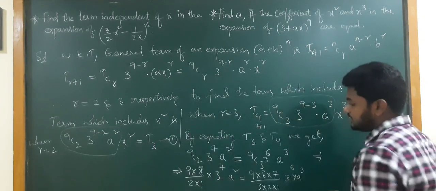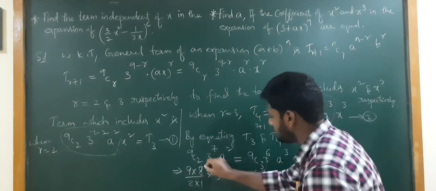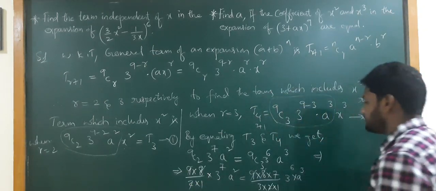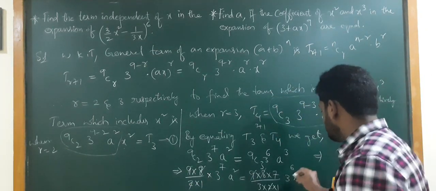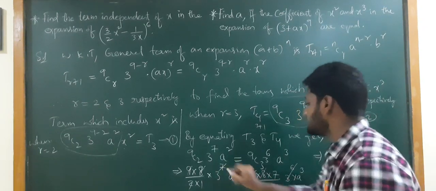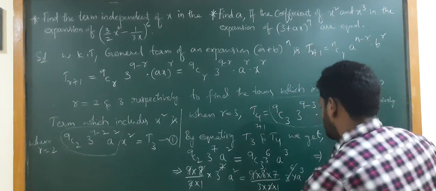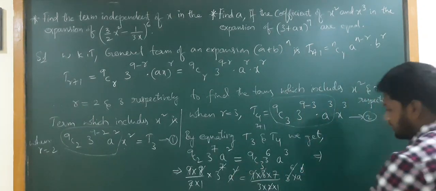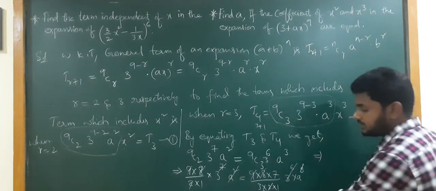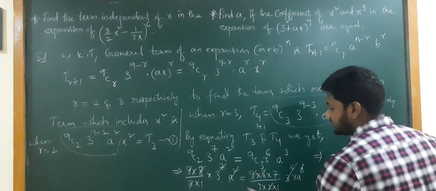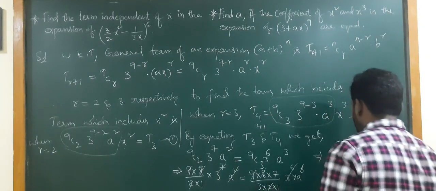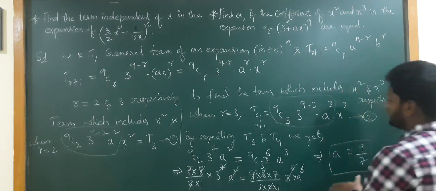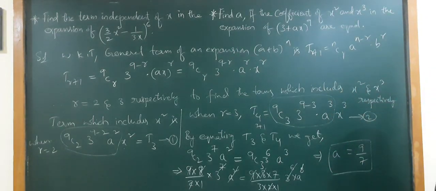So this we can write as, see, 9, 8 cancel here, and 2 cancel here also, and again 3 power 6 and this power 7 cancel, here a square and this cube cancel, then it will become, here denominator 3 is there, here 1 3 is there, 3 3s, so a equal to 9 by 7. If you simplify properly, you will get the value of a, that is 9 by 7.